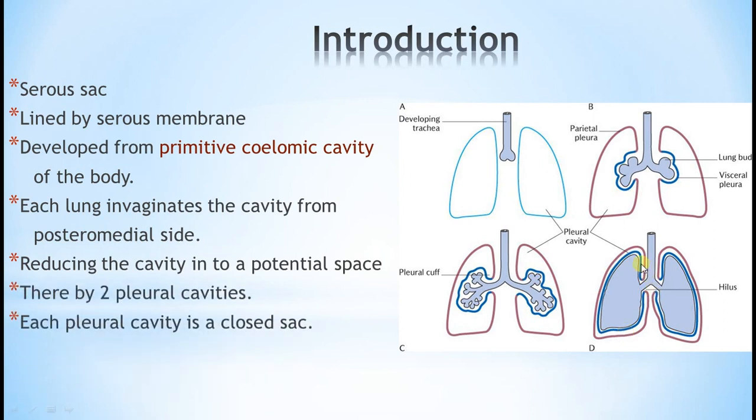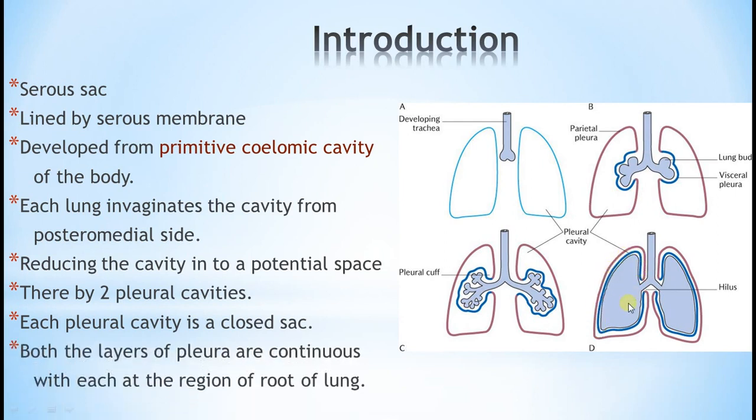So because of this, originally this sac has now become two layers. One you call the parietal pleura, and the other one, which is closely investing the lung, is called the visceral pleura. Now both the layers are separated by a thin film of fluid, which is called the pleural fluid. But at the region of the root of the lung, you are able to see both the lungs